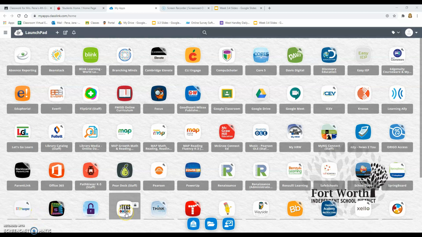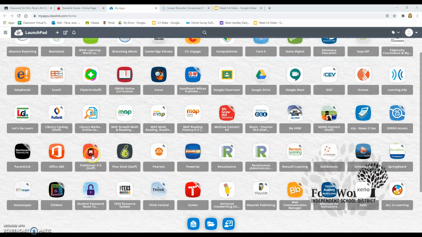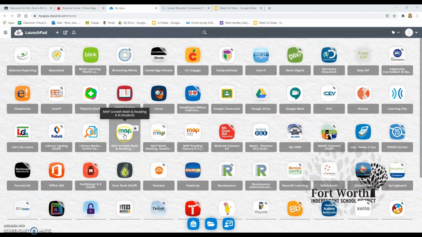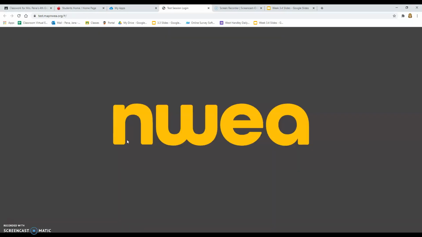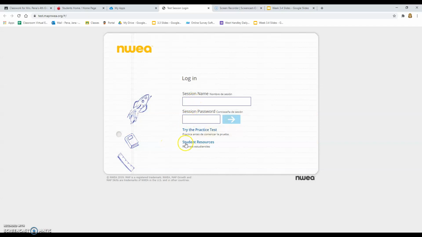Okay, I'm going to show you how to get onto your map test. So you're going to go to your class link page where you get to Google Classroom, Path Blazers, and you're going to click on this green map button. It's the green one. So click on that, and it's going to take you to this page where you put